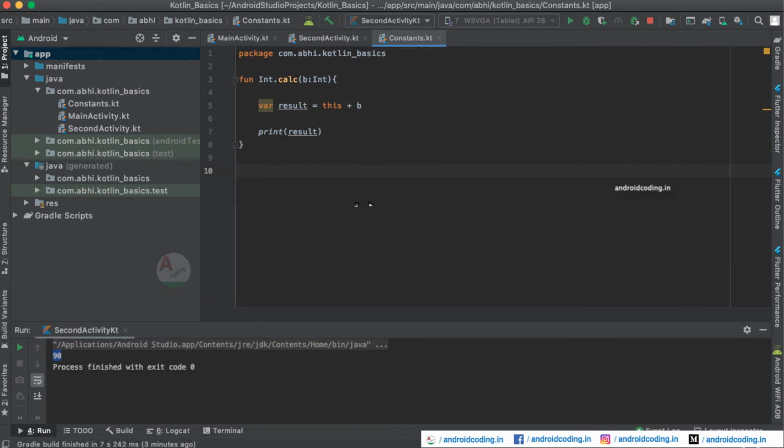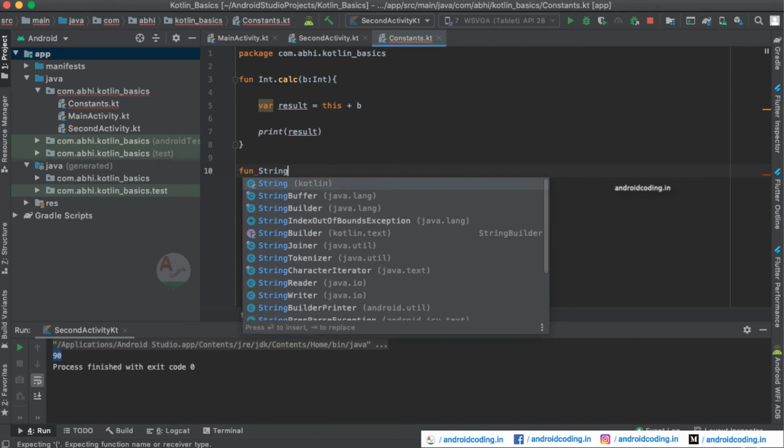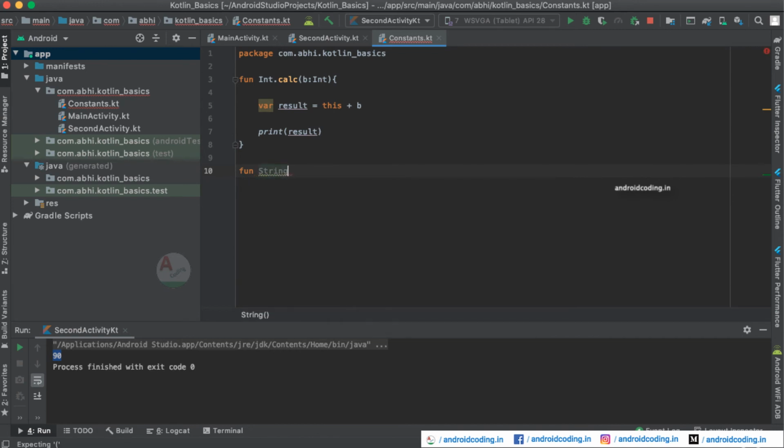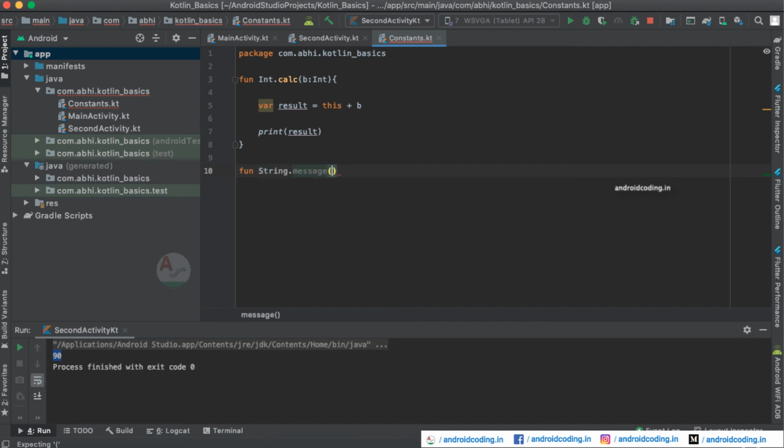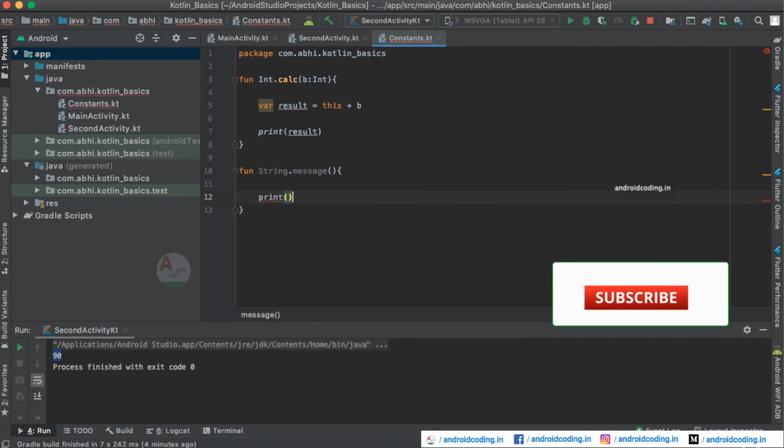So not only in the integers, we can create another function on string, and here we are going to display a message onto the screen. And now currently we don't have any parameter, we are just going to display it onto the screen.